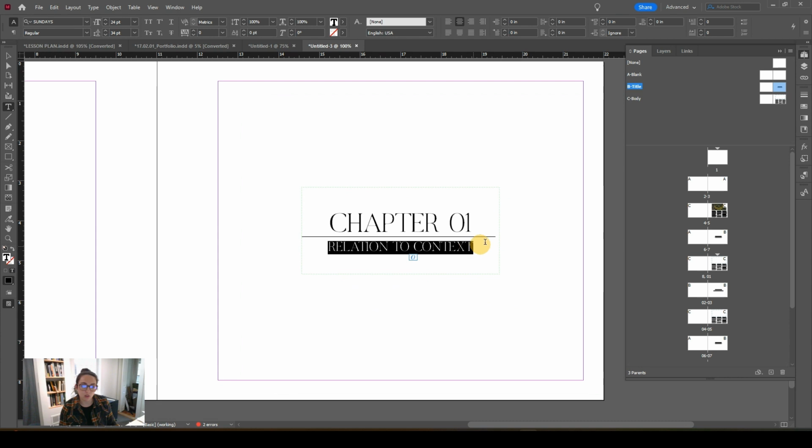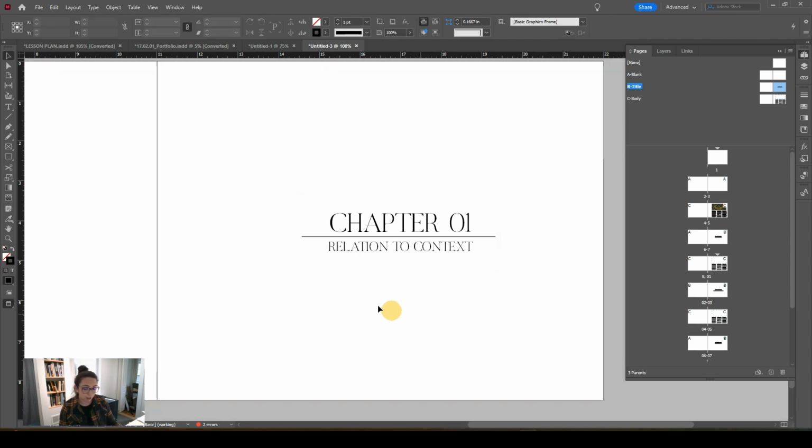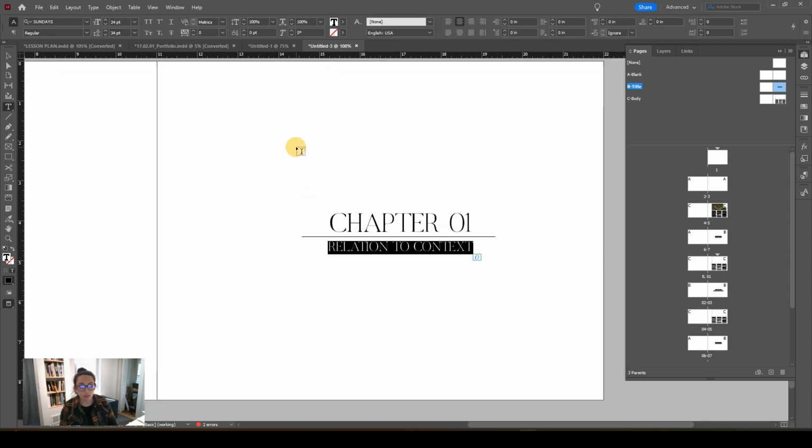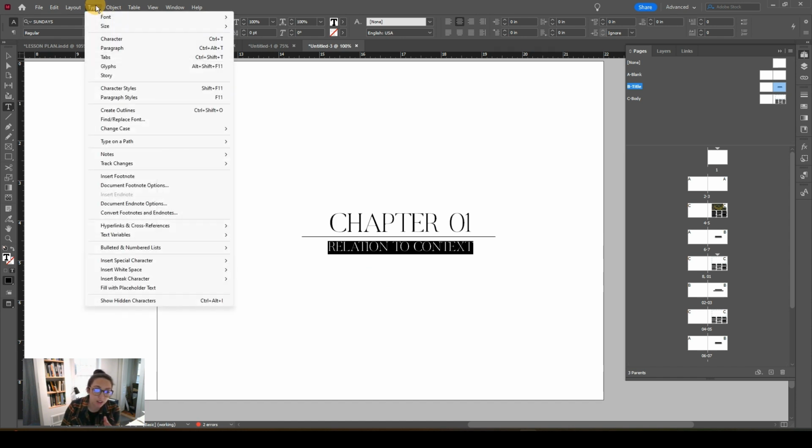Another thing you can do is say, okay, I've got my caps lock on, I'm going to town writing. And then you're like, ooh, this is a lot. This is really intense, it looks kind of strong. So you can go over here, select the text, go up to Type, and then go to Change Case. From here, whatever you have selected, you can change it to all uppercase, all lowercase, title case, which means the first letter is always capitalized, or sentence case, where just the first letter of the sentence is capitalized. So I'm going to change this to title case,